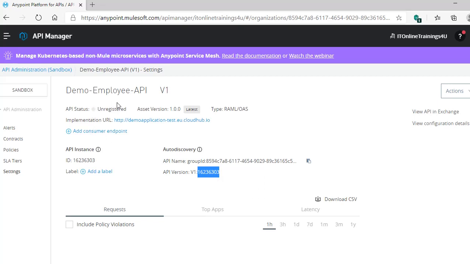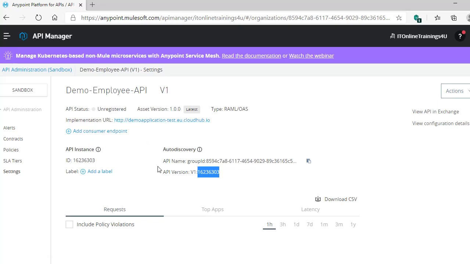And for now, you can see this API status is unregistered. The API instance is generated even though the API status is unregistered. Why? Because this implementation URL and this application is not available in our CloudHub Runtime Manager. Okay, so we need to create the implementation for this API, and we need to deploy this application, and we need to import these auto discovery details in our actual code, and then we need to provide a few Anypoint Platform variables to this implementation while deploying your application.